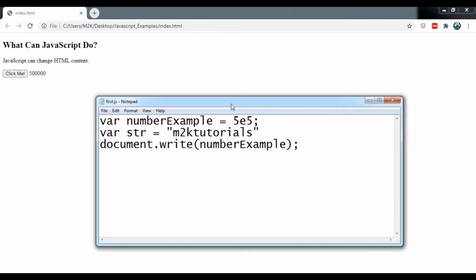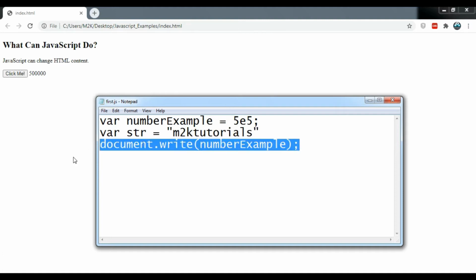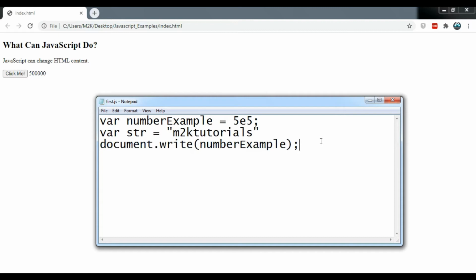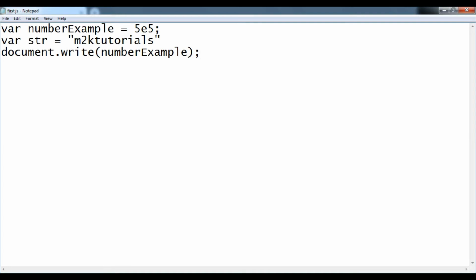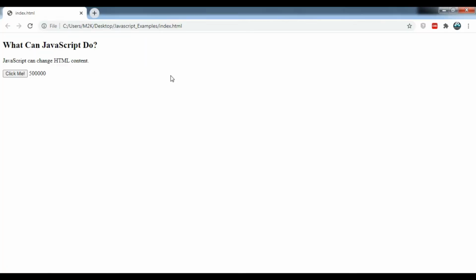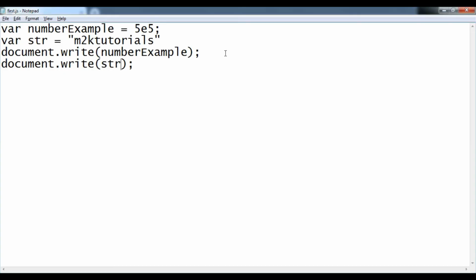Go in the browser and refresh after saving it, and here you can see this is M2K tutorials, right?